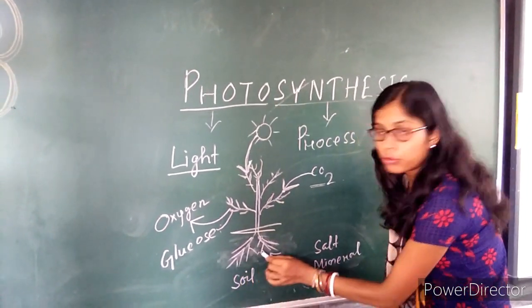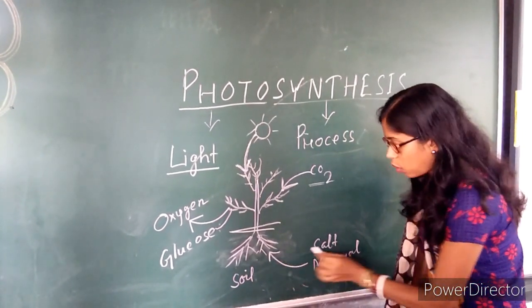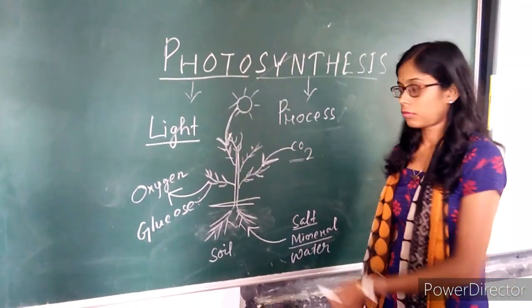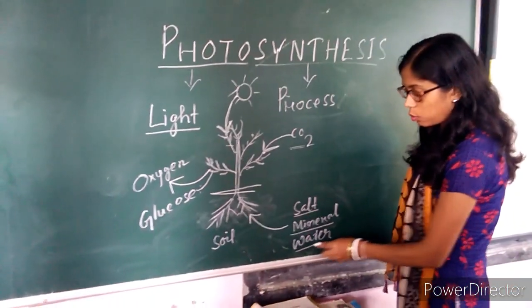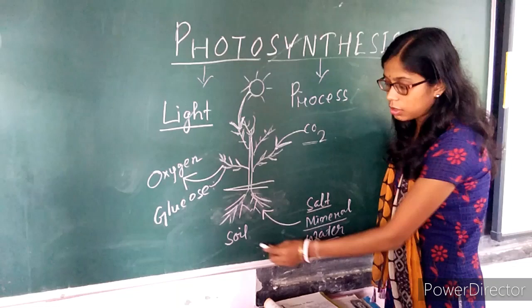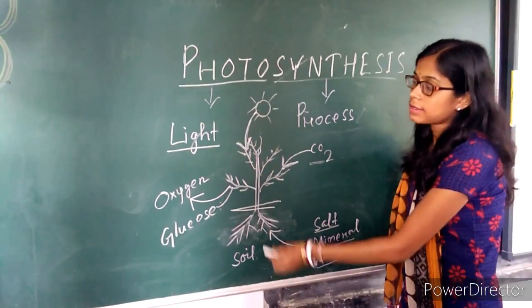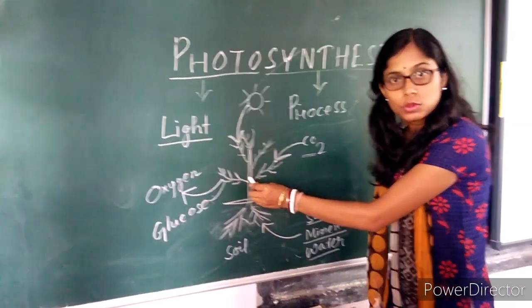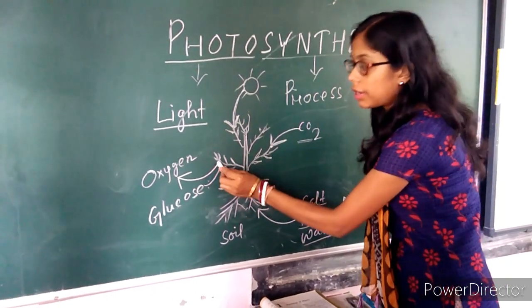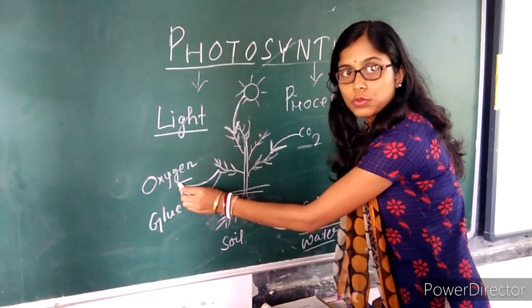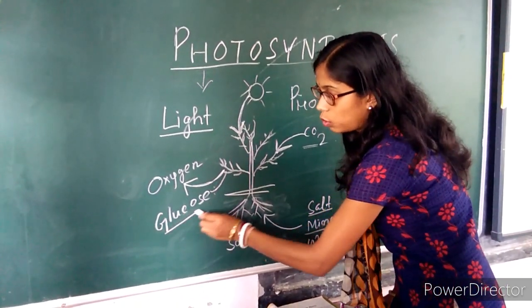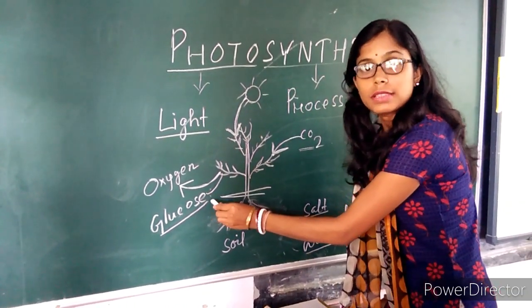Then with the help of roots, the root absorbs salt and water from the soil. As a result, the plant prepares the food and liberates oxygen in the atmosphere and prepares glucose that is essential